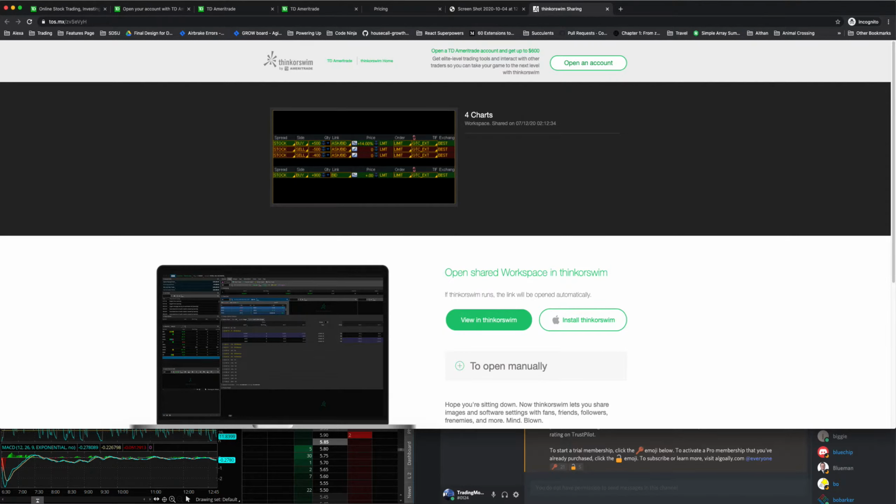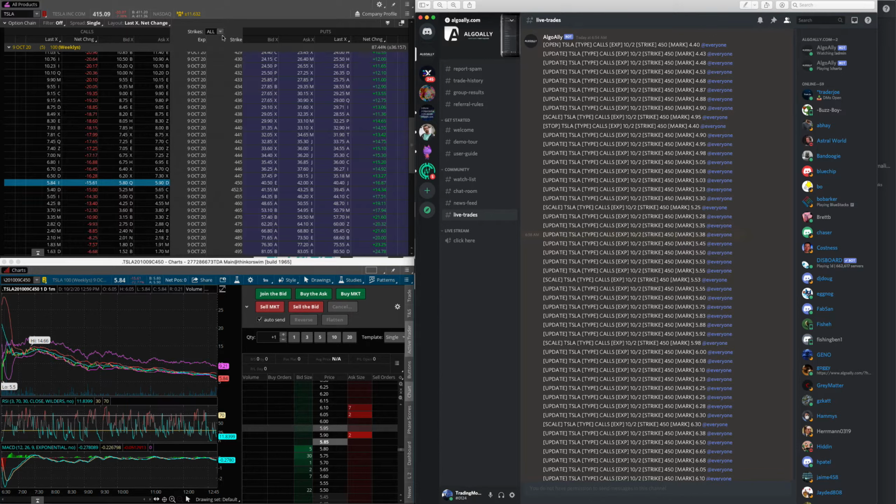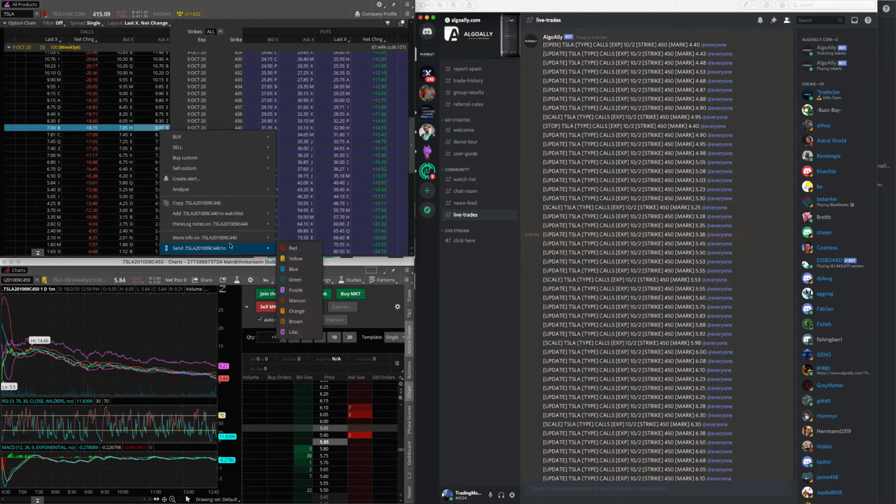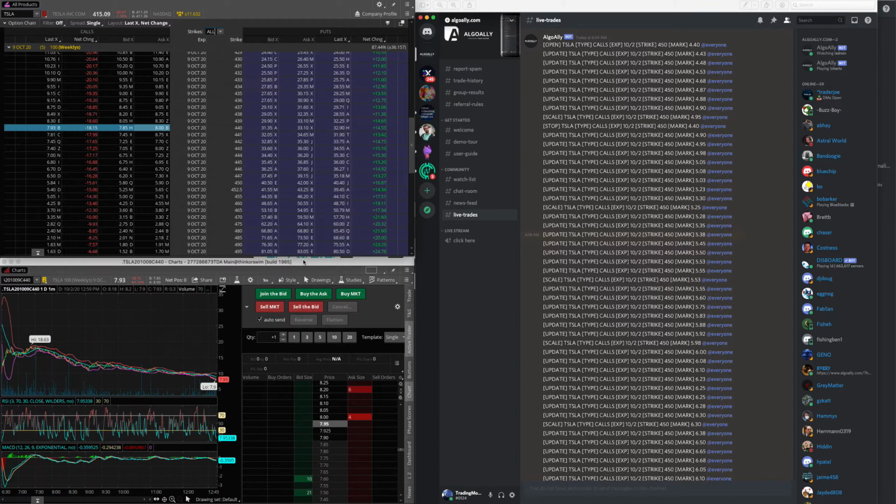Now, let's go over a quick buy and sell in Thinkorswim with Ally signals. On Thinkorswim by default, it will not show all the strike prices. So make sure in the strike tabs, click on the drop down and select all. In Algo Ally, when you see a watch signal, go to your Thinkorswim trading panel, scroll to the right strike price, right click on the Ask, and send it to Active Trader panel 2. For the opens, most likely you're going to be buying at Ask, so your fills will be a little bit higher than what Ally's are.